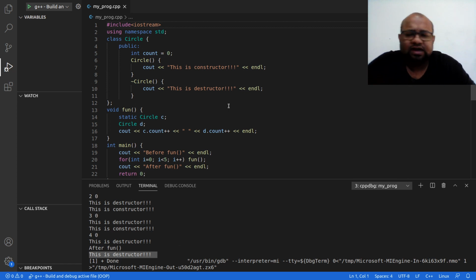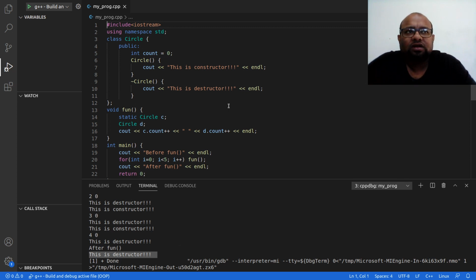Once again, like a primitive data type, if I make an object static inside a function, it will not be allocated memory in the stack, it will be allocated memory in the data segment. Then initialization of this object will take place only once, when I call this function for the very first time. When I call this function at a later point of time, initialization is not going to take place again. Then this object is persistent, so whatever change I make to the object is going to stay. So if I call this function again, I am going to see those changes.